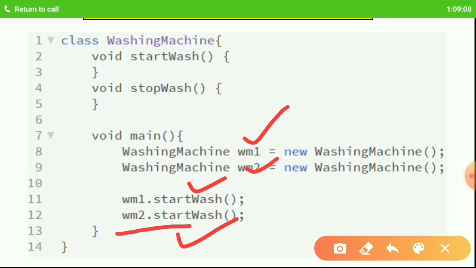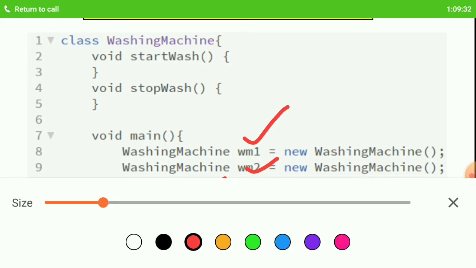In this line WM2 object is being given a message to start wash. So this is a kind of message passing. When you are asking an object to invoke its function, that's message passing. So I'm asking WM1 in this line.